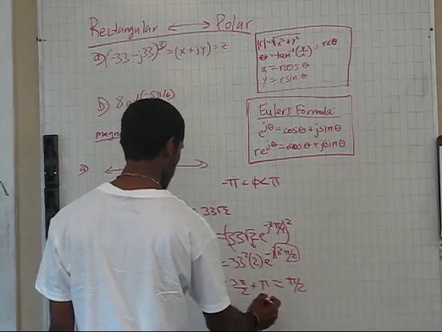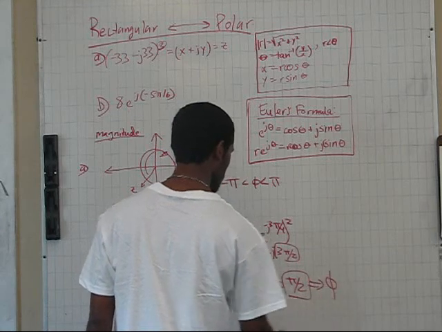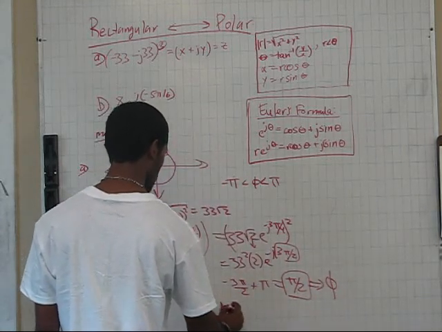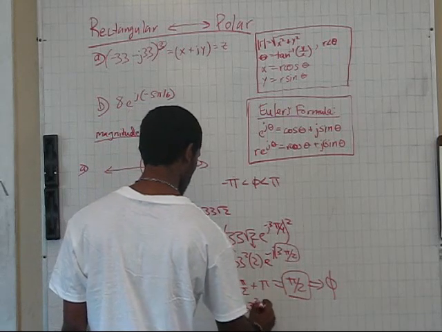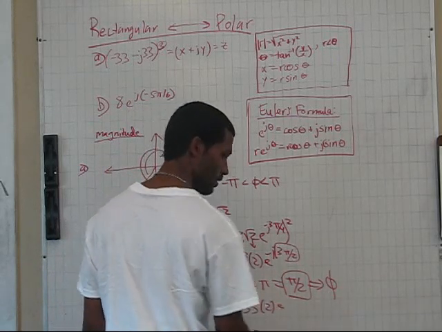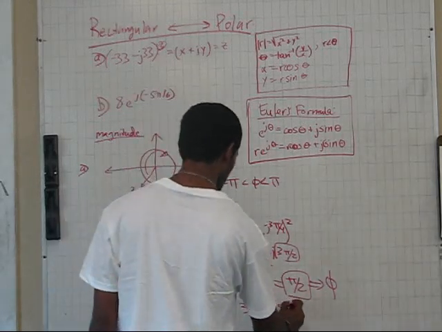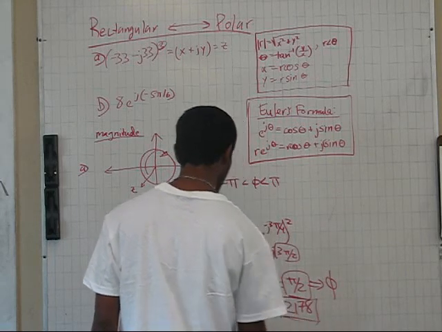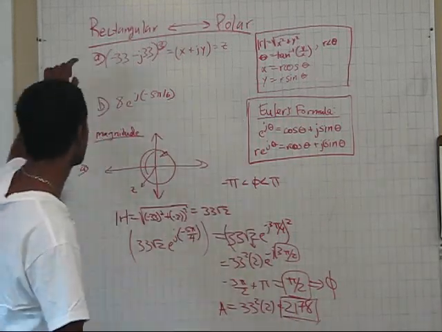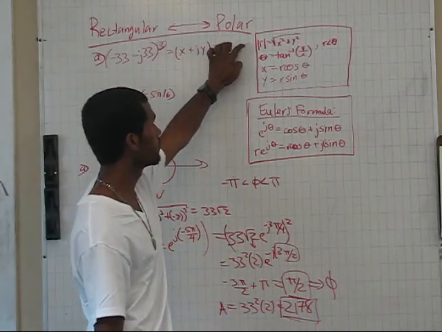And so this becomes your phase, and your amplitude is 33 squared times 2. That's for this one. And you did it using the simple